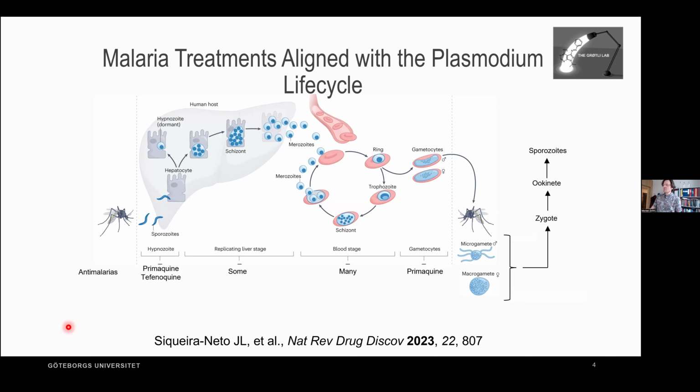This slide might look a little bit complicated. It just shows the life cycle of the malaria, and there are a few things I want to point out with it. If we start over on the left end, the way this disease is transmitted to human beings is a mosquito that bites you, sucks blood from you, and brings with it sporozoites. These sporozoites travel through your blood to the liver, which is this gray part here. They infect the hepatocytes, start to replicate, and form what is called schizonts, which will leave the liver